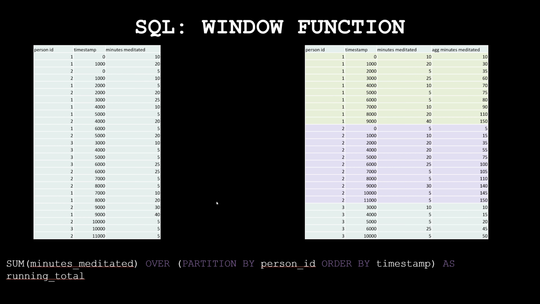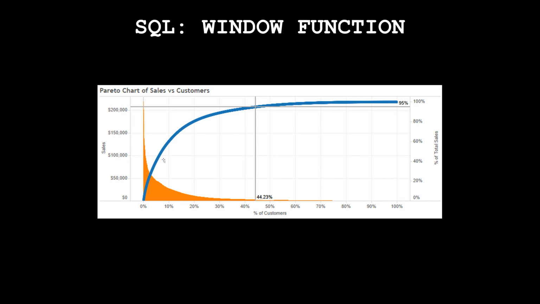Now, my favorite use case of using window functions is to create a Pareto chart. Pareto charts, basically what they tell you is the top X percent of customers, how much percent of the sales do they contribute to. So usually we care about 80% or like 90%. We can understand the distributions of the users, right? Like, is it a long tail, meaning that all our revenue comes from like a few people,